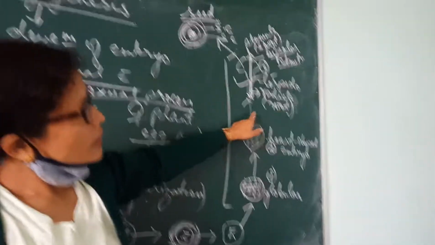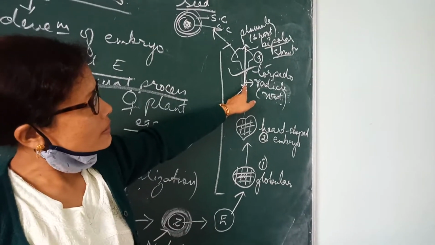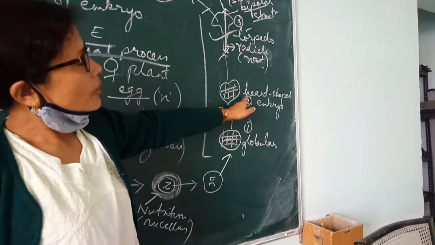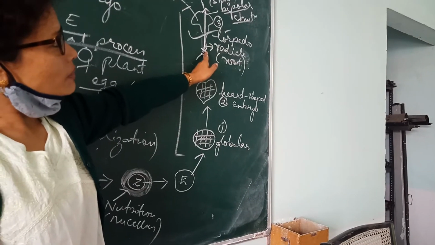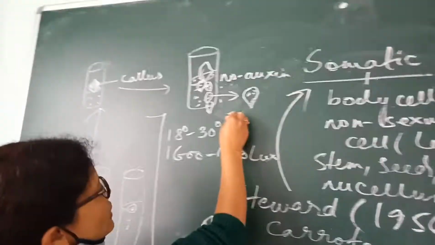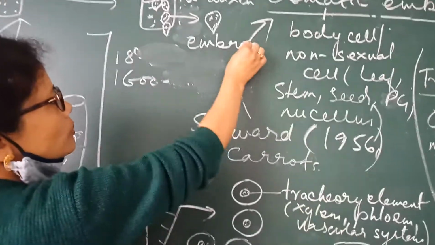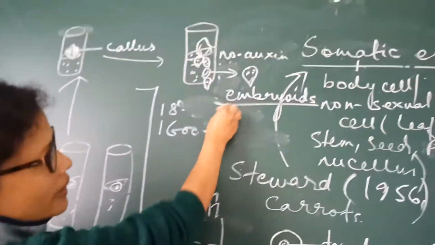It contains the bipolar axis, which is the axis that all embryos should have for the development of a complete plant. Then he called these structures embryoids instead of embryo, because these embryoids arise through a